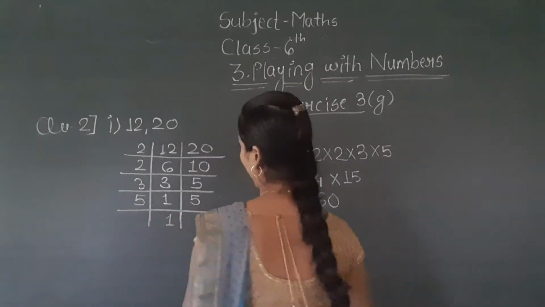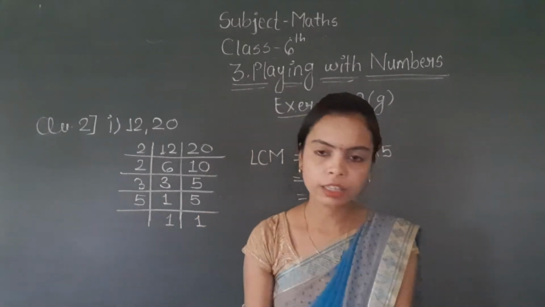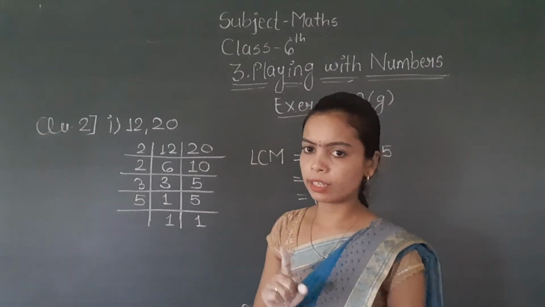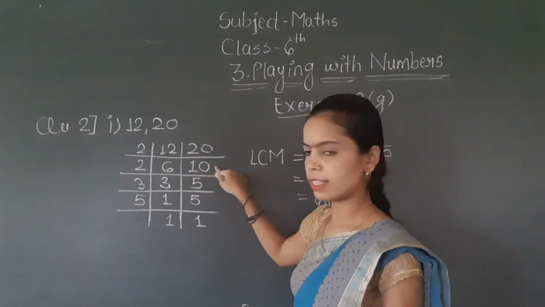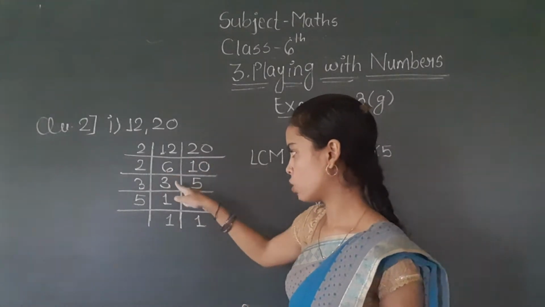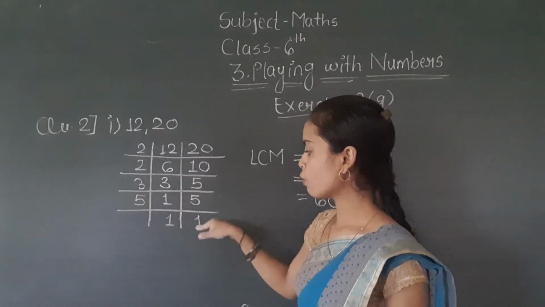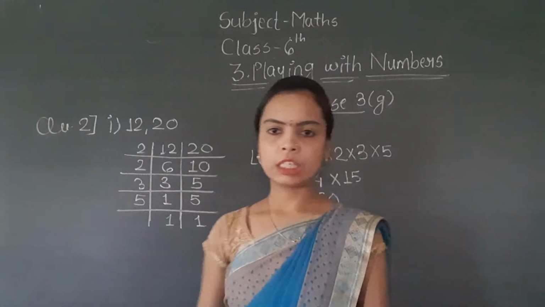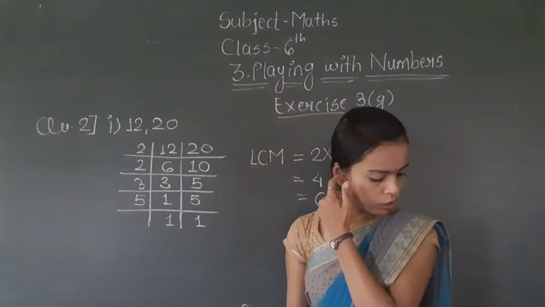Now both the columns are same and we have to find the LCM. So the LCM is equals to 2 multiplied by 2 multiplied by 3 and multiplied by 5. So 2 2s are 4 and 3 5s are 15, so 4 into 15 is equals to 60. So the LCM of 12 and 20 is 60. How do we find it? We have to do the division. How do we check? 12 and 20 come in the table of 2. Yes, so we will divide it by 2. So 2 6s are 12 and 2 10s are 20. Again 6 and 10 both come in the table of 2. So 2 3s are 6 and 2 5s are 10. After that 3 1s are 3 and 5 1s are 5. How do we find the LCM? By multiplying the left column.